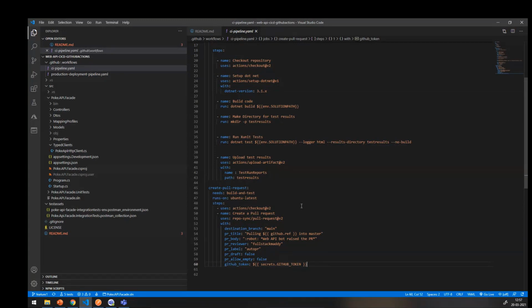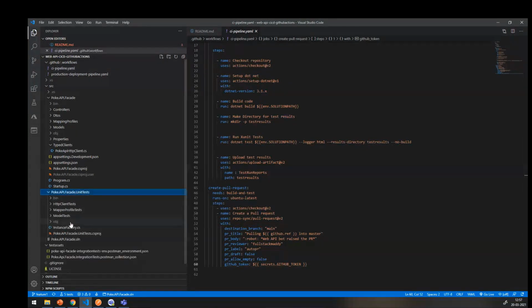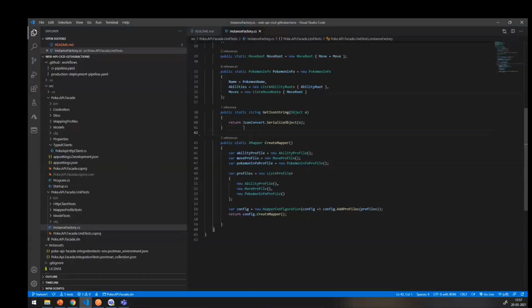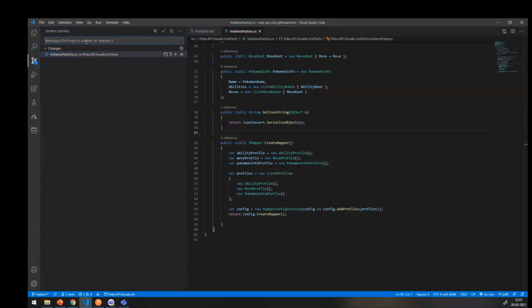So in order to see this in action, what I'm going to do now is show you the demo, and we'll see this workflow get executed in real time. So I'm just going to do a dummy commit in here. This is here. I'm going to sync this. Let's go back to our